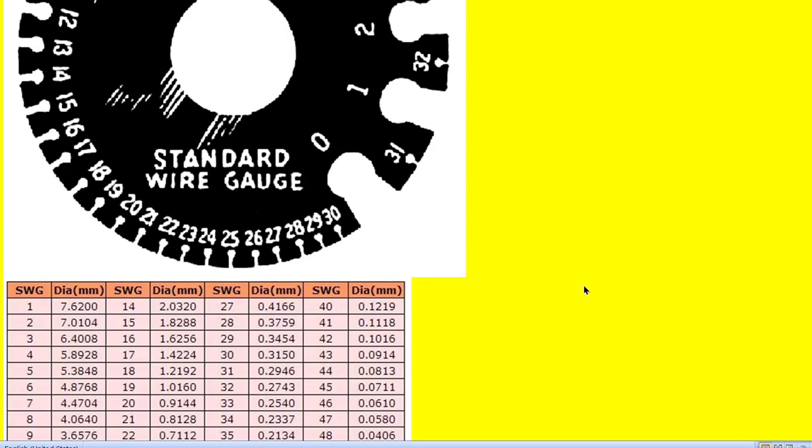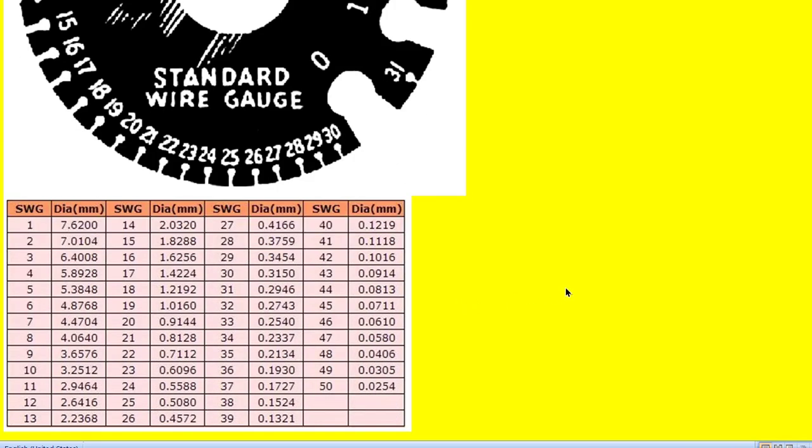So for that purpose, there are two types of systems prevailing in the world. One is called the standard wire gauge, which is used by India, and the other one is called the AWG, meaning American wire gauge system. So if it is the Indian SWG, wire gauge 1 means its diameter is 7.62 millimeters. If the wire gauge is 14, its diameter is